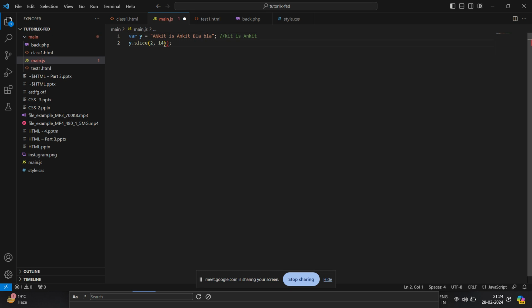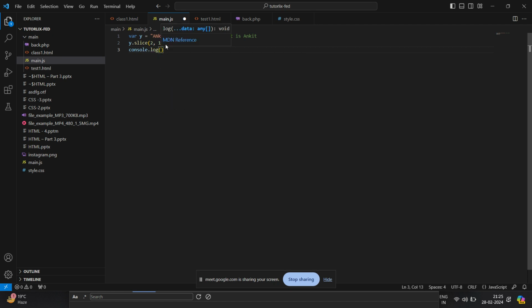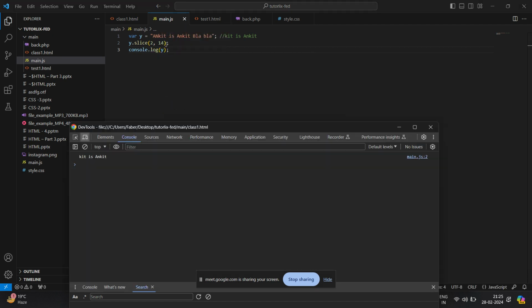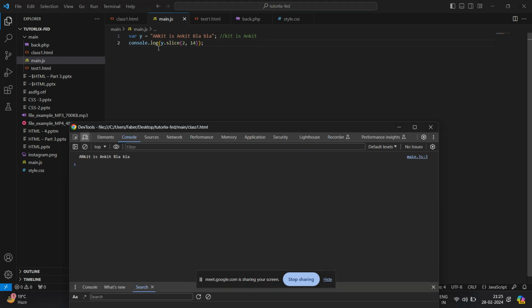slice is mainly used like this, similar to splice. So now if I do console dot log y, okay, one second. Slice is used like this only, no issues, sorry. And now coming towards the substring, that is, slice keeps the original string intact. Yes sir, let me just